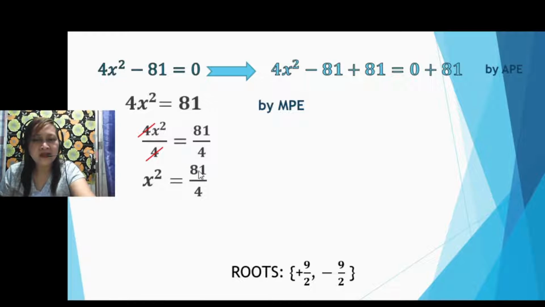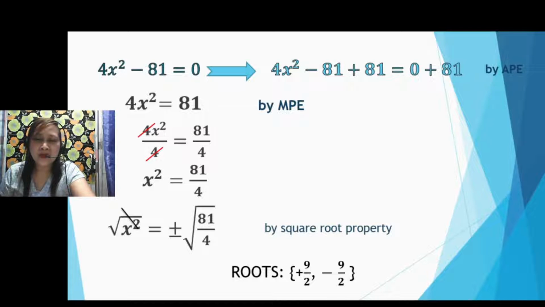We will not divide 81 over 4 because, as you can see, the numbers are perfect squares. We have the square root of 81, which is 9, and the square root of 4, which is 2. So, we will take the square root of both sides of the equation,